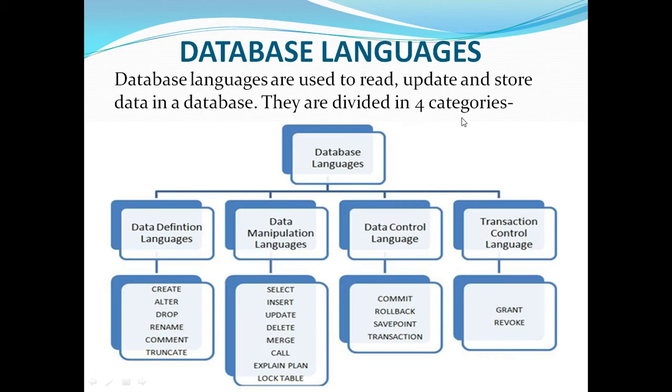They are basically divided into four categories, which are data definition language, data manipulation language, data control language, and transaction control language, and these four are known as DDL, DML, DCL and TCL. All these languages consist of some commands, and using these commands we write different statements to create a table, to insert data in that table and to manipulate that data. These statements are called queries. In this session we will use two of these languages, data definition language and data manipulation language. Let's discuss these commands in detail.